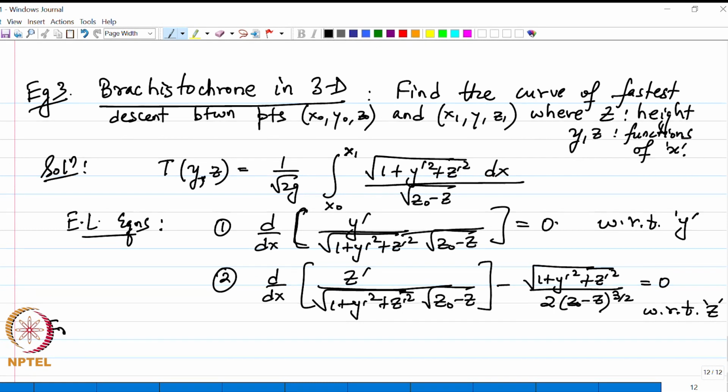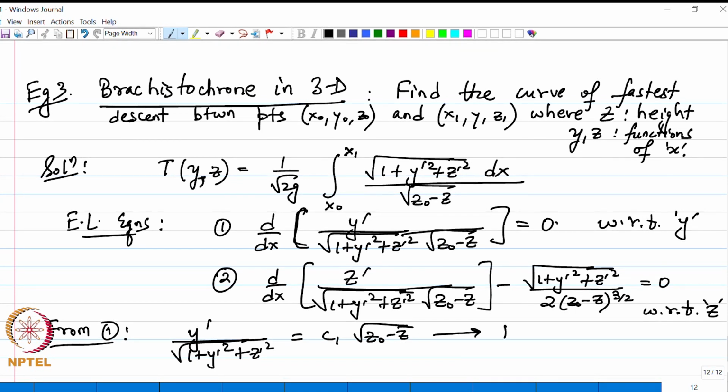From 1 I can directly integrate. I see that I get a solution: y prime divided by 1 plus y prime square plus z prime square is equal to C1 times square root of z naught minus z, where C1 is a constant of integration with respect to x. Let me call this 1 prime, and then if we are to solve 2